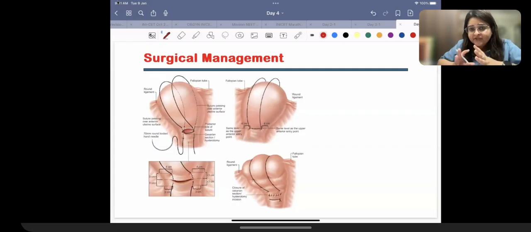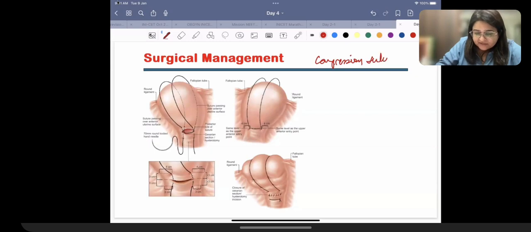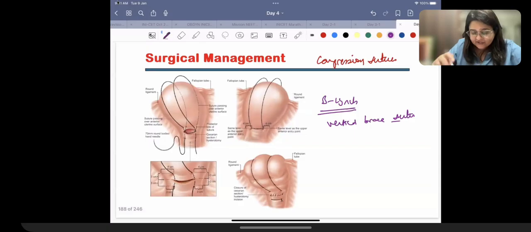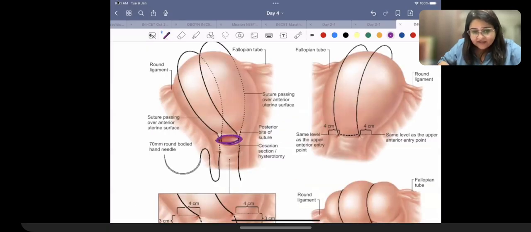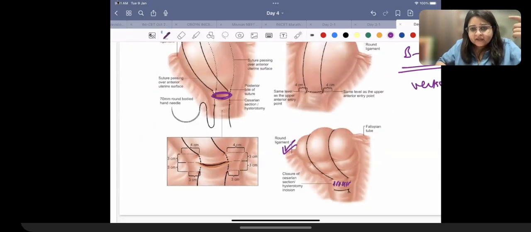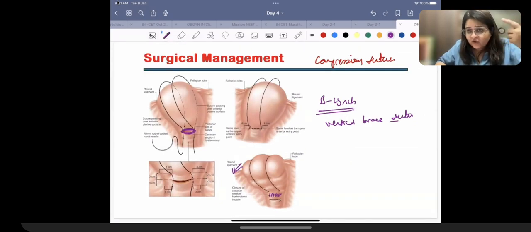We first try the compression sutures. The one you're seeing here is the B-Lynch suture, also called the vertical brace suture. This is usually applied at the time of a cesarean section. You can see the cesarean section scar, and through it we take these stitches. It looks like this at the end, and then you close the cesarean scar also. But if you're doing this following a normal delivery, you take the patient to the operation theater, and then you can directly